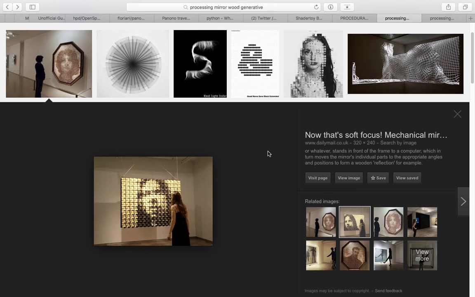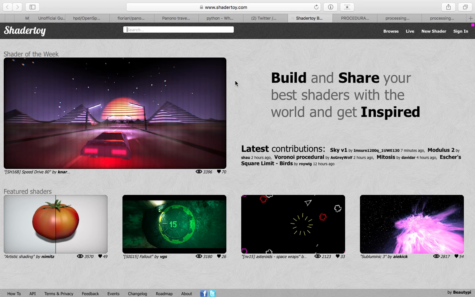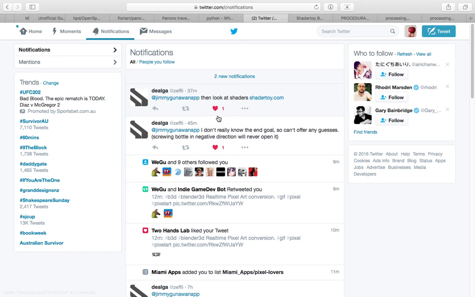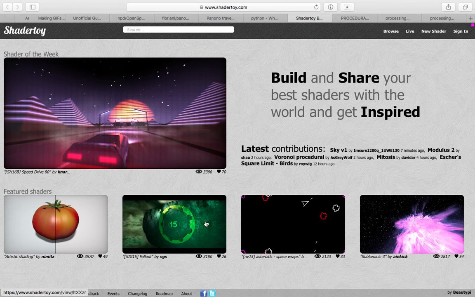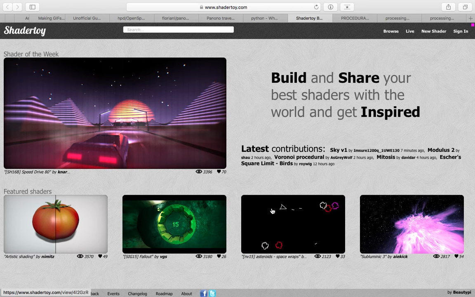Maybe using the Blender game engine I could achieve such an effect, but things like Processing or OpenCV, or maybe Shadertoy, like I was told by Dealga McArdle here, by Zevi. Yeah, Shadertoy can do real-time effects, but Shadertoy uses OpenGL shader programming, it gets really complex,